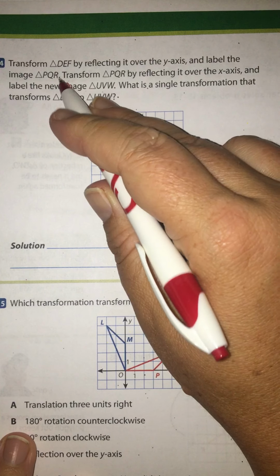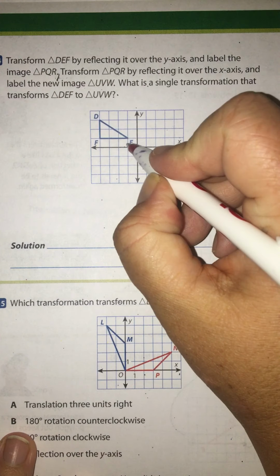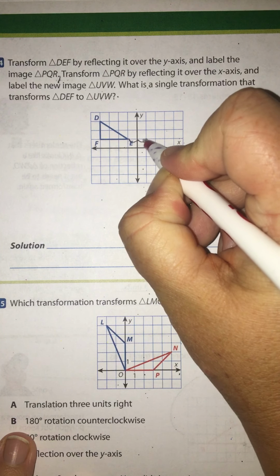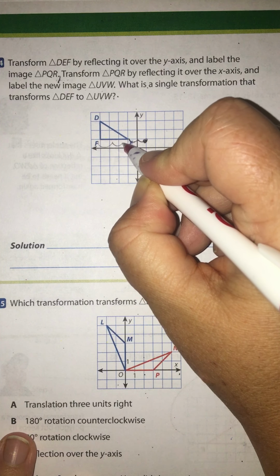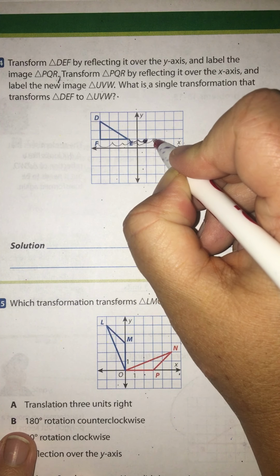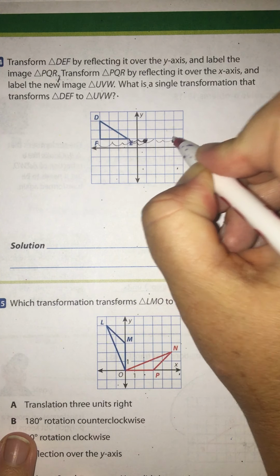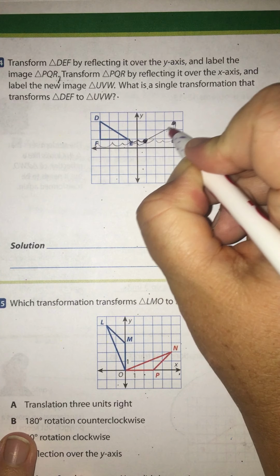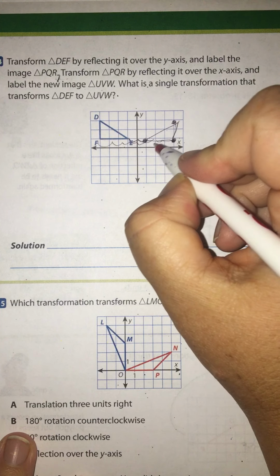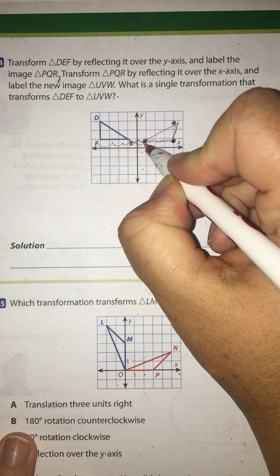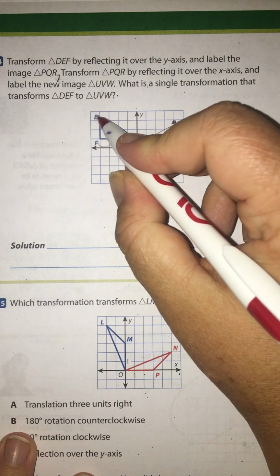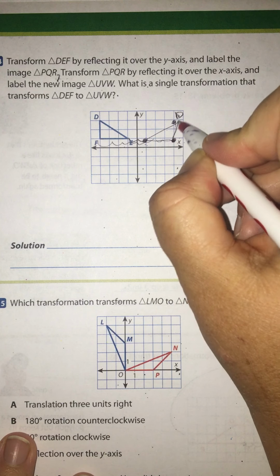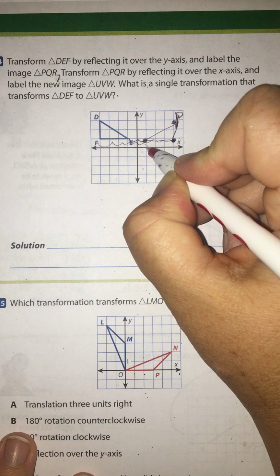181. Transform this by reflecting over the y-axis and labeling it. So let's do the first thing before it starts to get crazy. DEF, if we have to transform it over the y, it's going to go here. 1, 2, 3, 4. 1, 2, 3, 4. That means, and this is up 2. So here we go. And it said to label it PQRS. Okay, DEF. P, so P goes here,